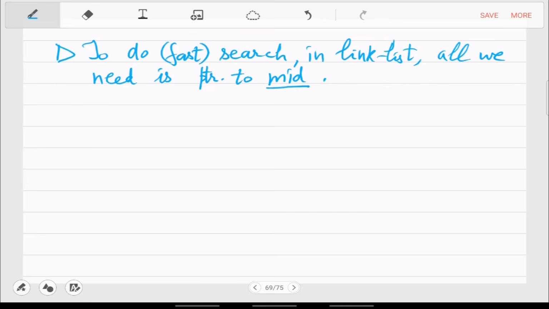If we knew the pointer to mid at every stage, then we can just go to the mid, compare that with x, and that will tell us which side to move. Then on that half, again find the mid, and so on. So all you want is actually a pointer to mid at every stage. You have to store that, so you augment your list implementation with a head pointer, but also a mid pointer.